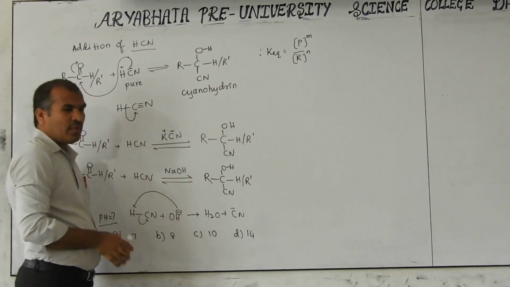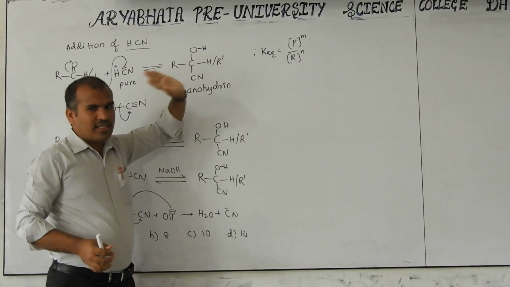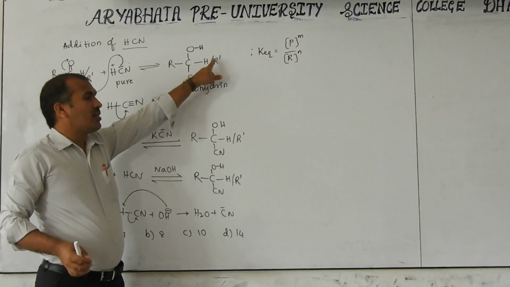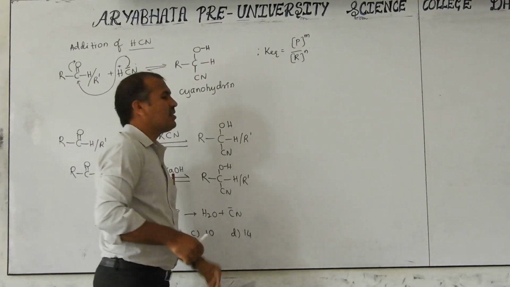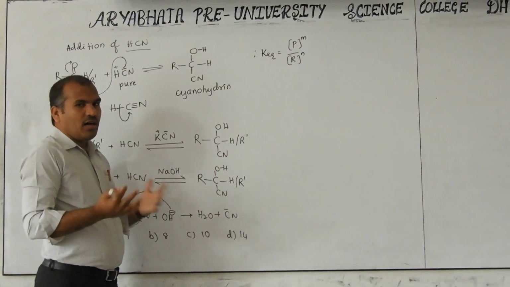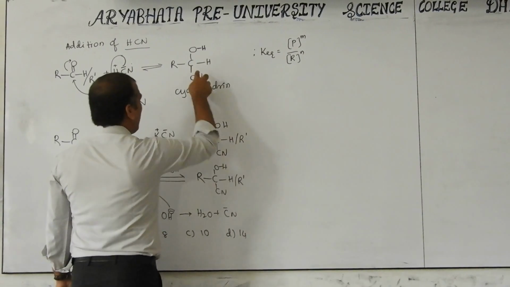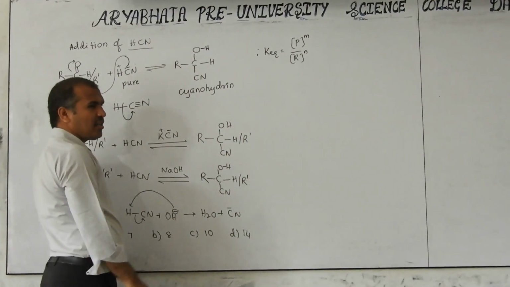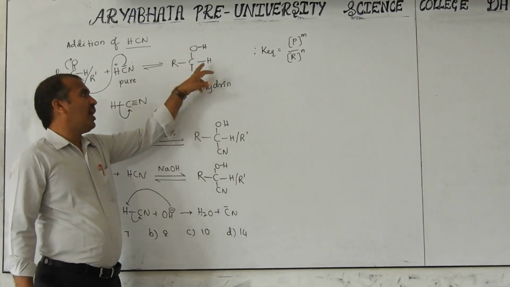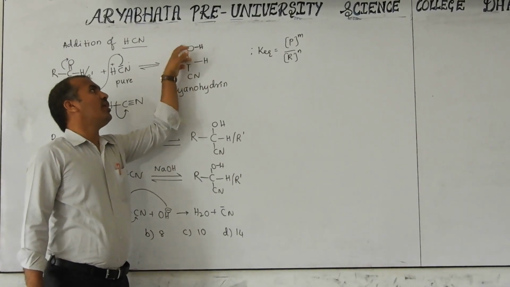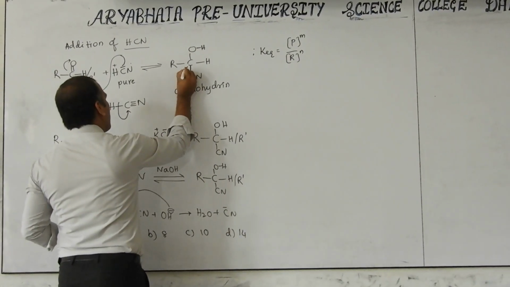This carbon has H. Now I am not considering R dash, only H is considered. Otherwise I will remove this. For example, this is the cyanohydrin, R is from the ketone, H we already know. Now I have removed R. Is this carbon a chiral carbon or not? Chiral carbon means all groups should be different. H, cyanide, R, OH. All different, is it? Generally a chiral carbon is denoted with this carbon.